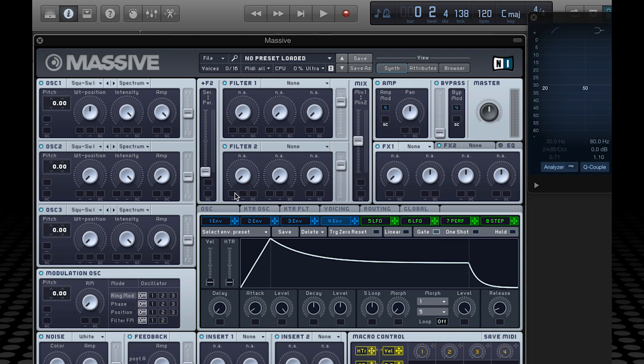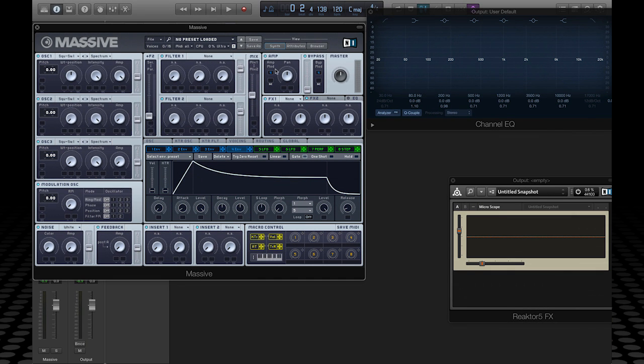When we first open the instrument, we have one single modulation assignment, and we'll find that up here on the amplifier section. So you can see that the amp is being controlled by envelope number 4. So that means if I trigger the envelope,